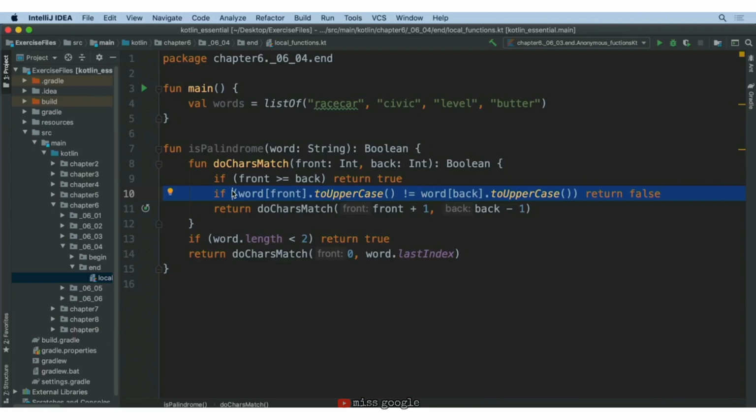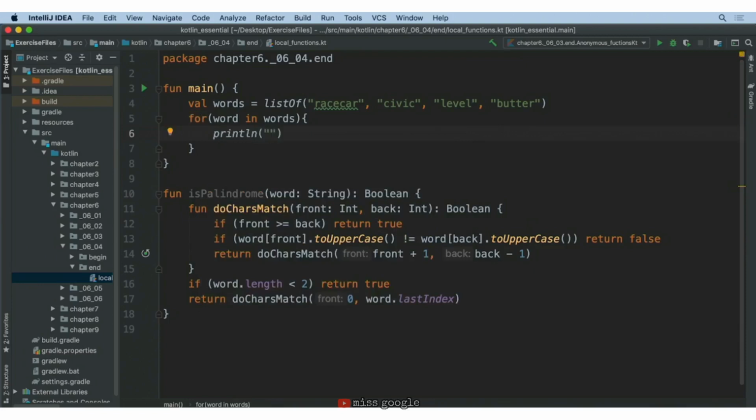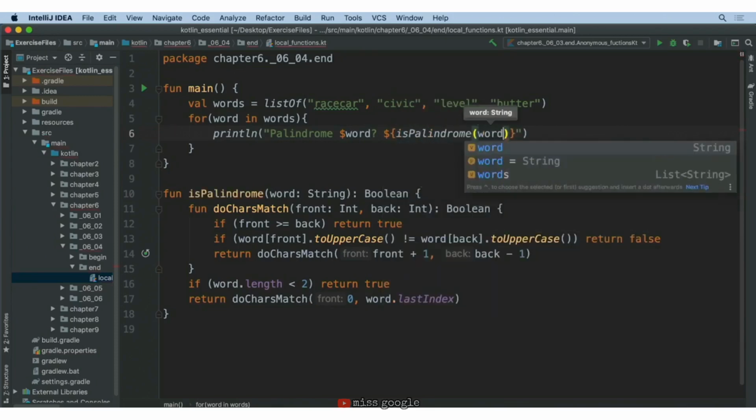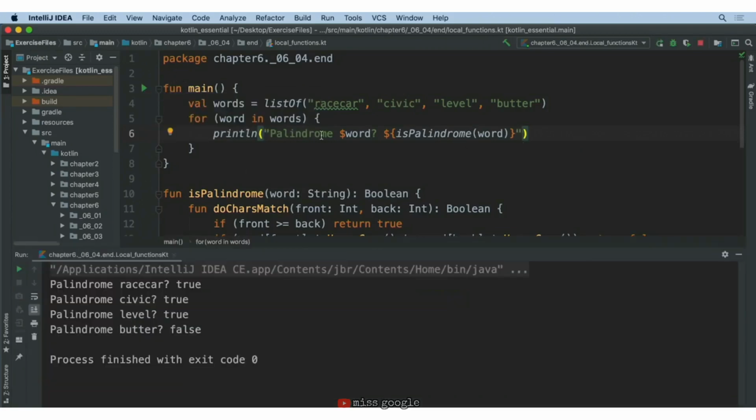We can test isPalindrome by iterating over our word list. So here we're going to take our list of words. We're going to say for word in words and do a println and say "palindrome, $word, question mark," and then finally we're going to call isPalindrome with the word. Now let's run the code. And we see that the word racecar is a palindrome, civic is, level is, but butter is